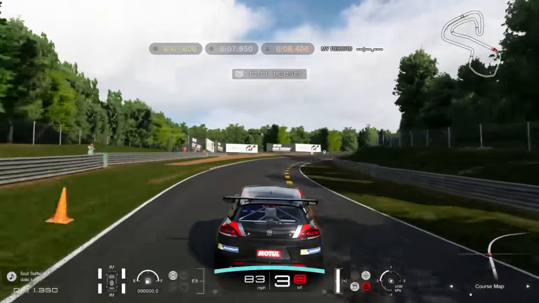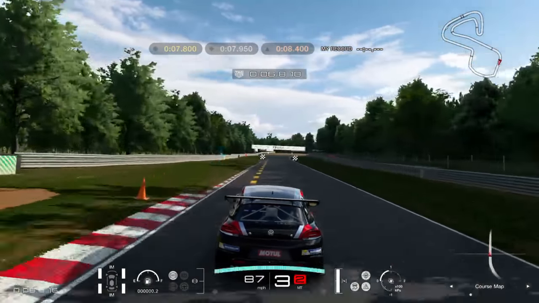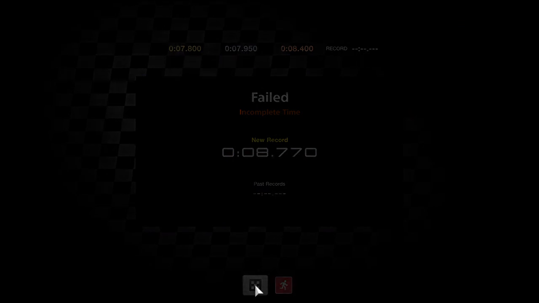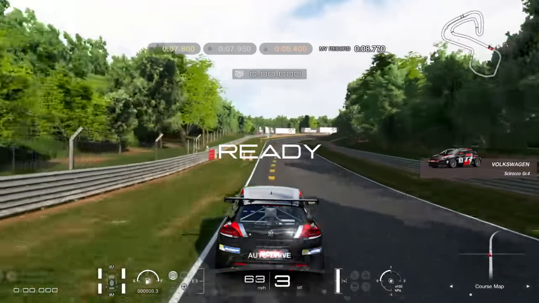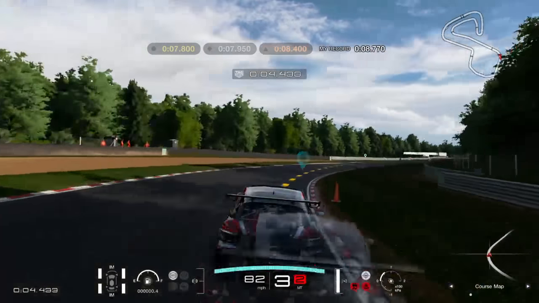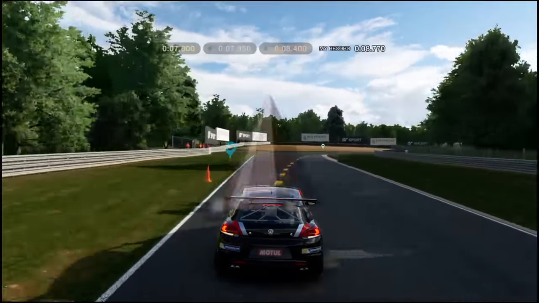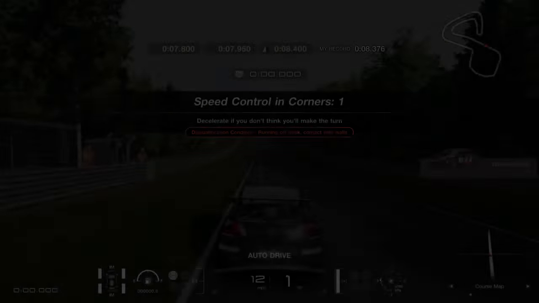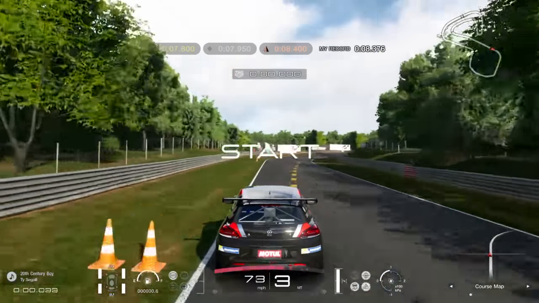But it wants us to do this corner in 8.4 seconds. We'll see if we can actually hit that. So, no. My bad. I forgot I was on manual transmission. I'm getting used to driving manual transmission on games again, too. There we go. That's much better. So we actually beat it, but I'm going to try for gold, so I'm going to go ahead and retry. A lot of these challenges, or driving school, it's better to do them on automatic and with traction control, because,